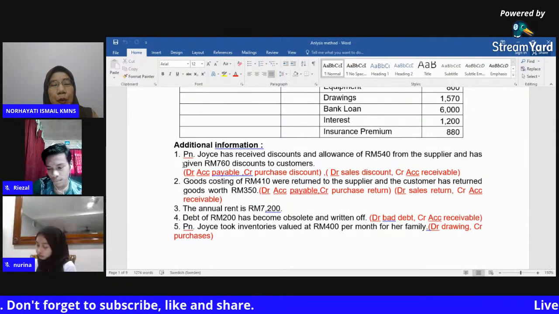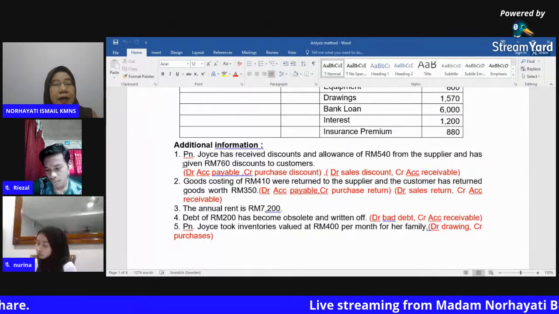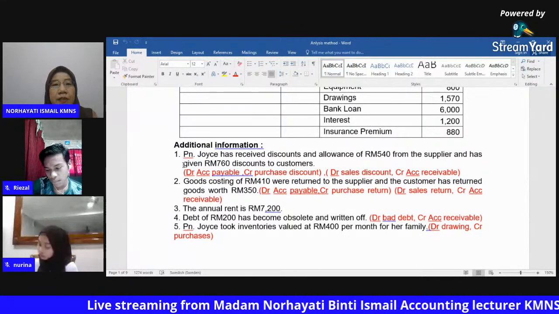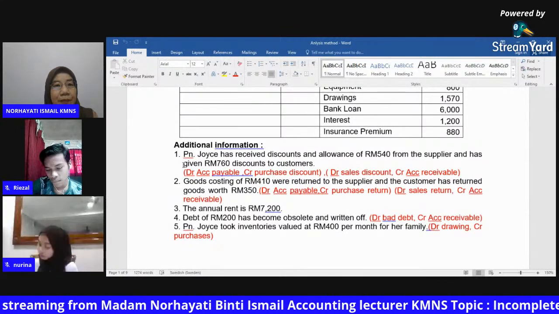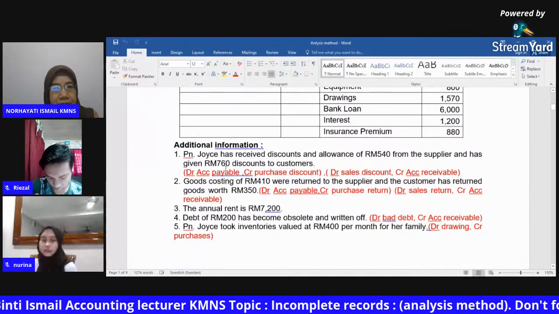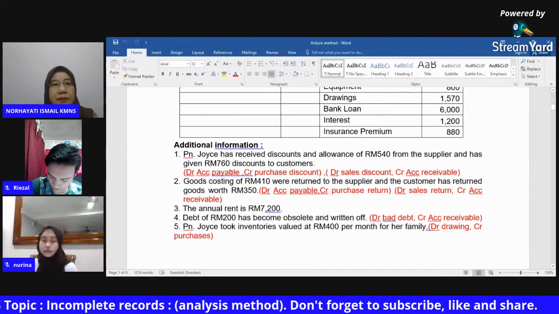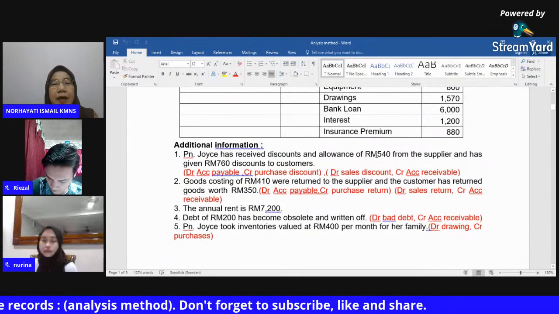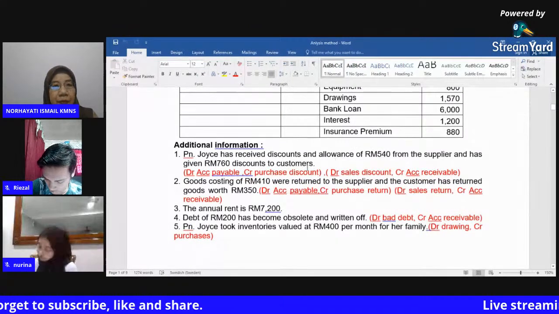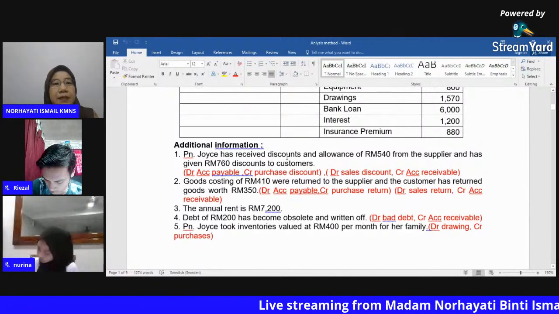Number one, the amount is RM 540, and number two, RM 760. So this transaction is not recorded yet, so we have to record it and write down the double entry. The first one: debit account payable for the amount RM 540, credit purchase discount, because the company received a discount